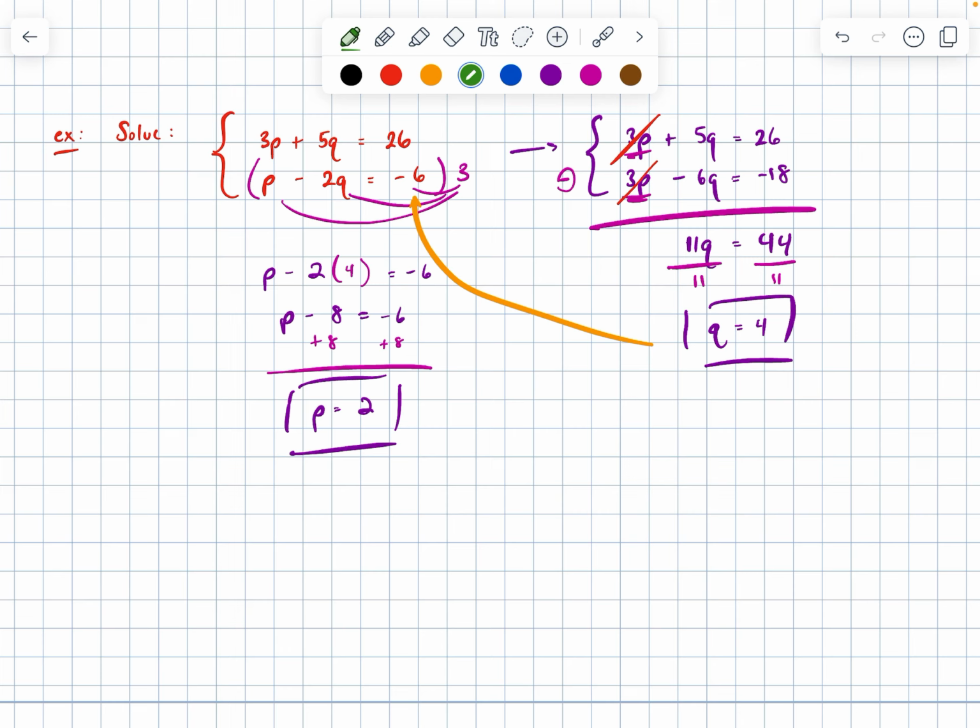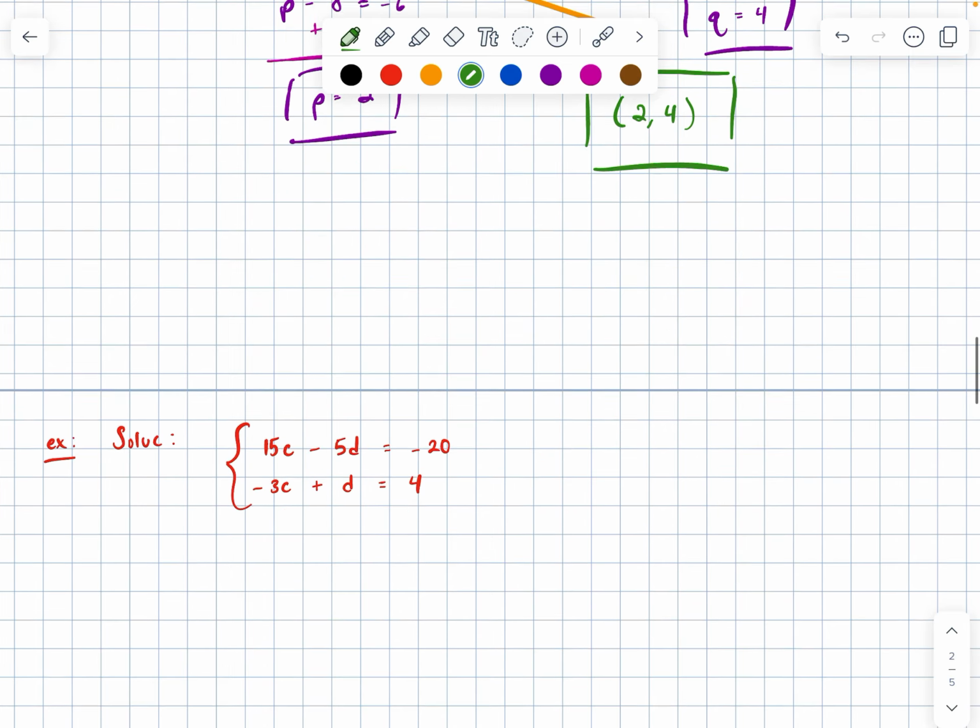Last but not least, as an ordered pair, p comes before q in the alphabet. Therefore, 2 comes before 4 in the ordered pair. Magnificent. Next up,